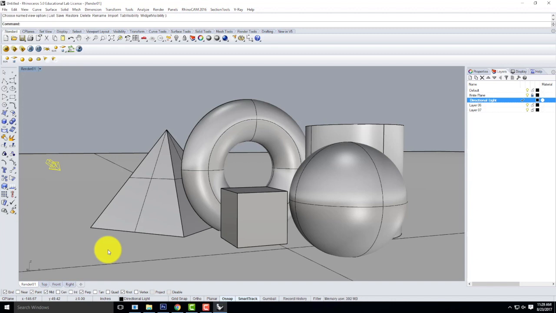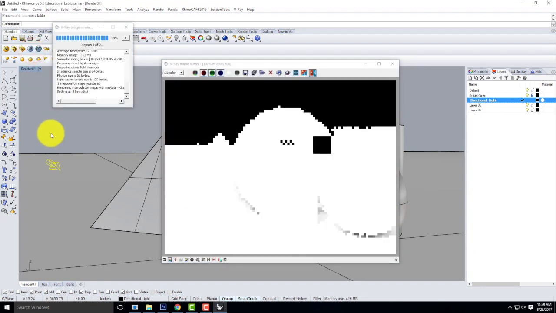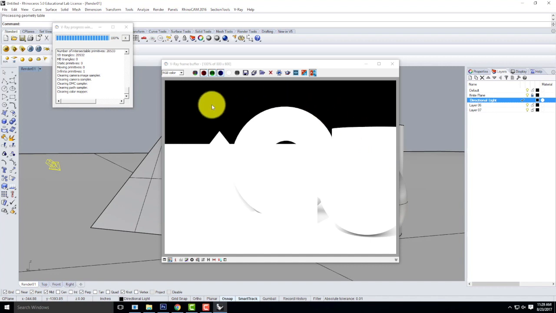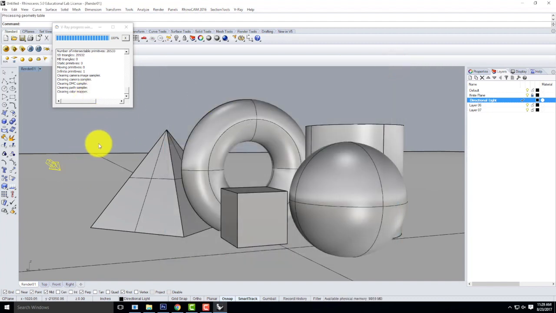OK, there's one other part in this that I didn't actually write in here that I should have. And that is that right now the background would show up as black. So let me do a test render and I'll show you. So I'll click on the little R for render. And we'll get a little window that pops up. And we see that, number 1, all of my objects are white, because I haven't assigned any materials. But 2, the background here is black, which is not very attractive just yet. Long term, we'll get into putting skies and stuff in the background. But for right now, we just want it to be that infinite white